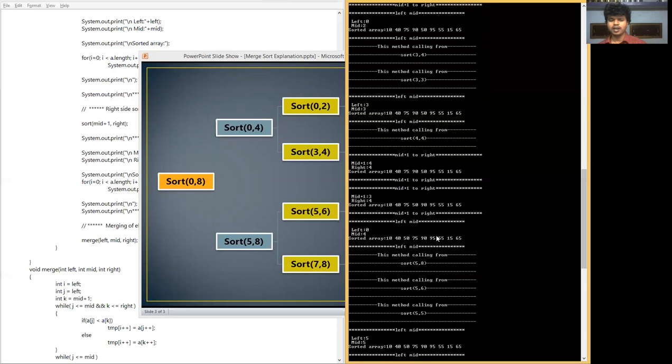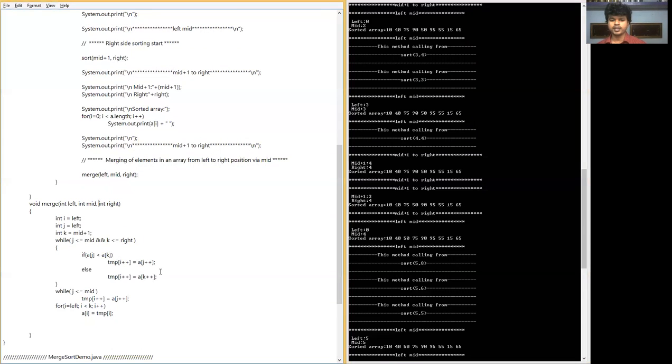This is the logic for comparing each element. Here you see A of j is greater than A of k, nothing but whether 50 is greater than 75 or not. Such kinds of conditions are going to take place here. If the condition is true, for example, here 75 is greater than 50, these two are not in ascending order. That's why 50 exchanges the place of 75, and 75 exchanges the place of 50, and then they are going to appear in ascending order: 10, 40, 50, 75.